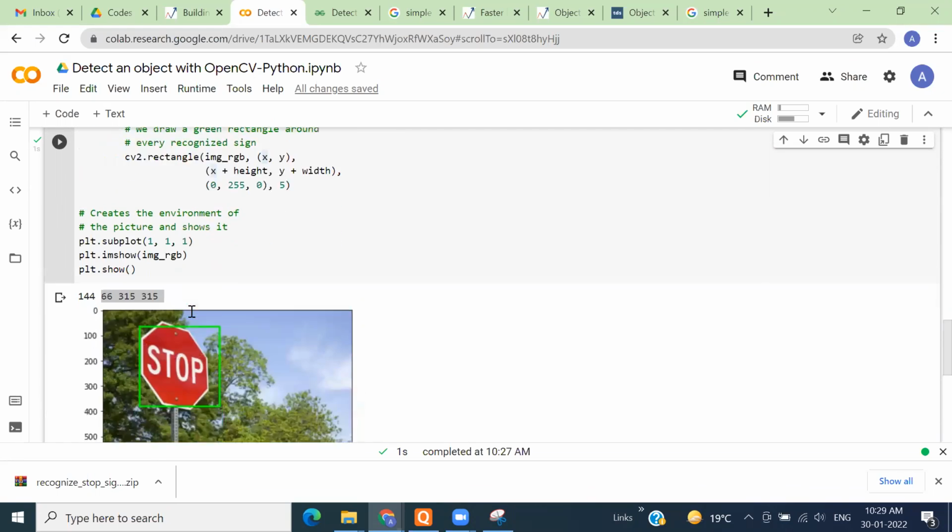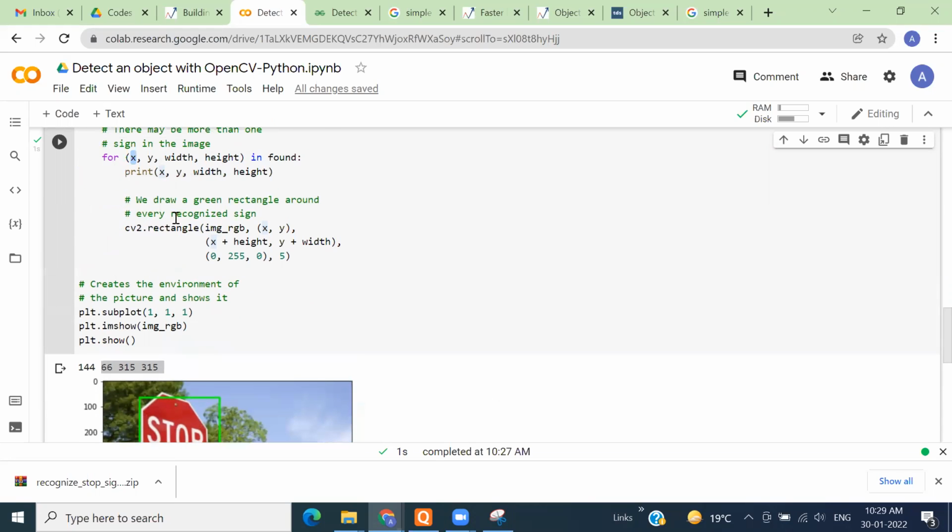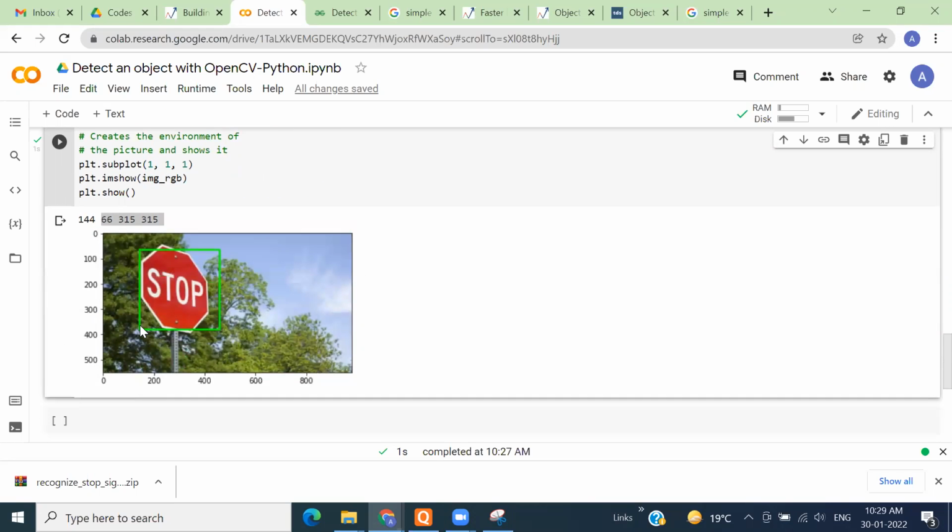What I am saying here is, this x and y coordinate we have identified, right? This point we have identified from x and y. After that, what I need